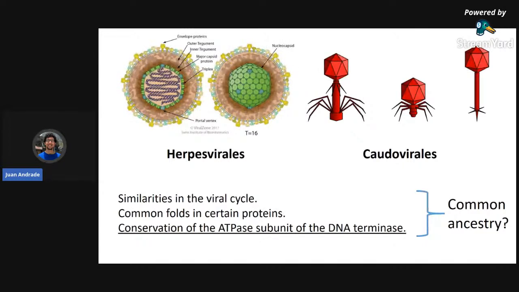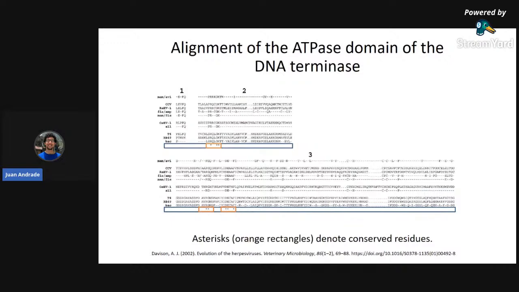So this has all led to believe, again, for the past 4 years or so that there is a common ancestor between these two groups. Thing is that, again, we're working with things that mutate a lot due to the high number of productive viral infections per second, especially in phages.